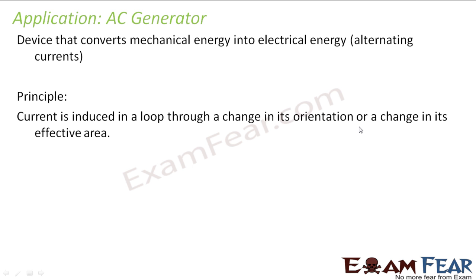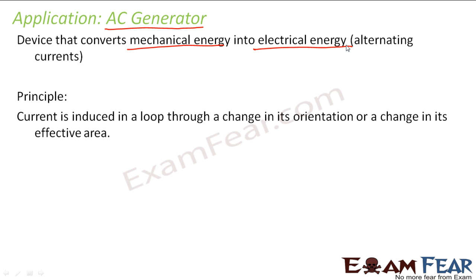We will now study a very important application of electromagnetic induction, and that is the AC generator. I would have mentioned the AC generator while I was talking about the different methods of producing EMF, right? That time I told you that by varying the angle between the magnetic field and the area vector, we can also change the magnetic flux. So the AC generator was an example of that. Now we will see what basically an AC generator is. Well, it is a device that converts mechanical energy into electrical energy.